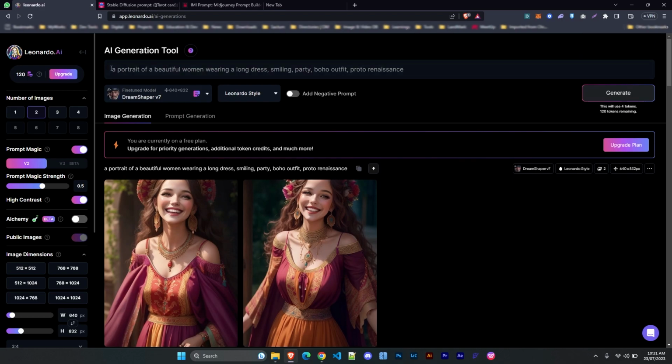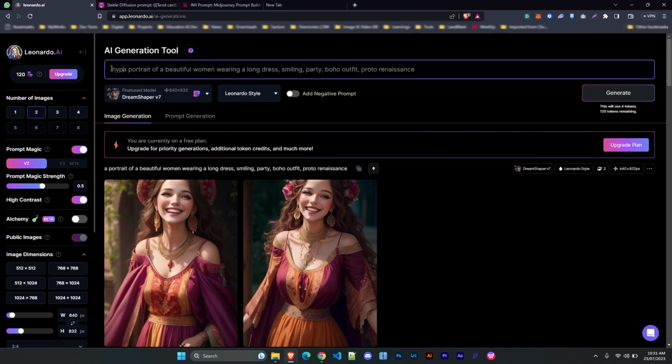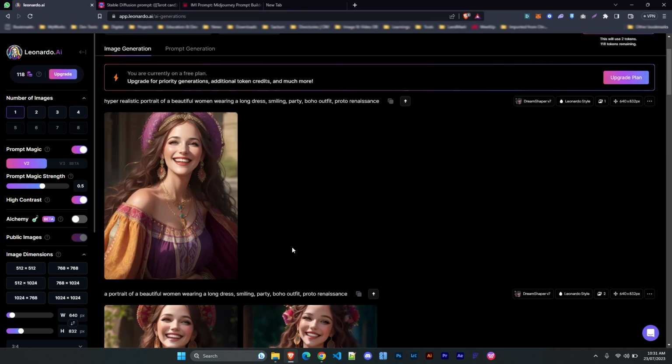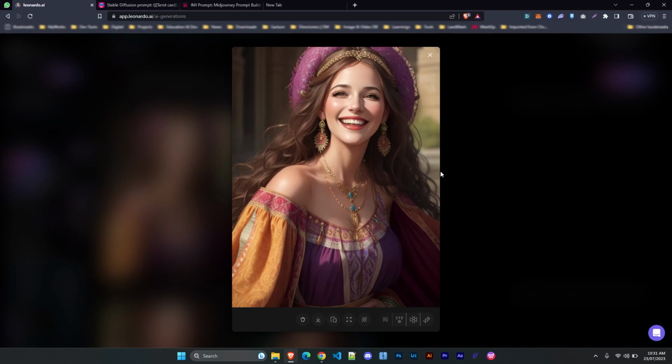So what I would say is hyper realistic. Sorry for my spelling. Hyper realistic portrait of a beautiful woman. I would say, okay, yeah, let's give it a try with one. Yeah, it looks